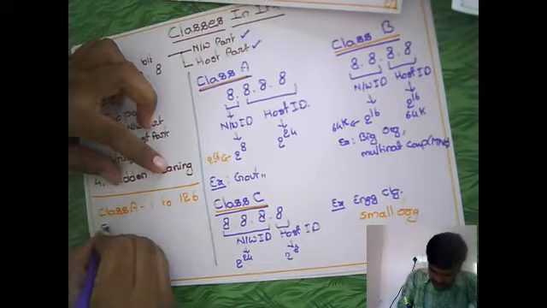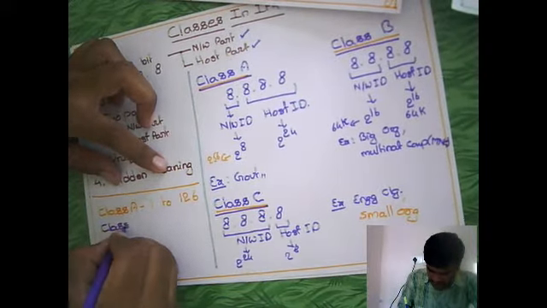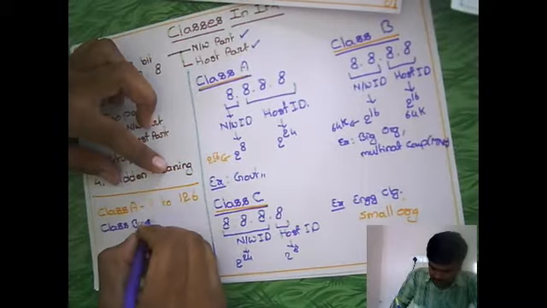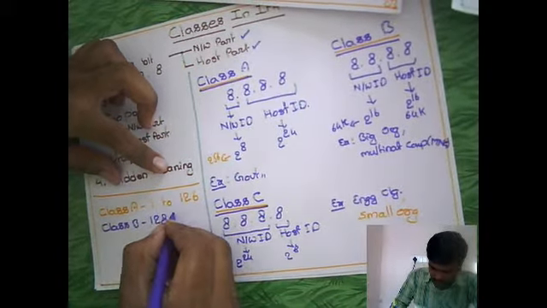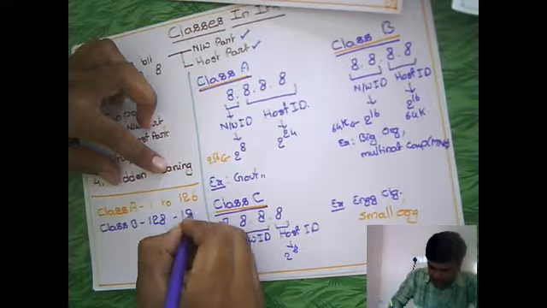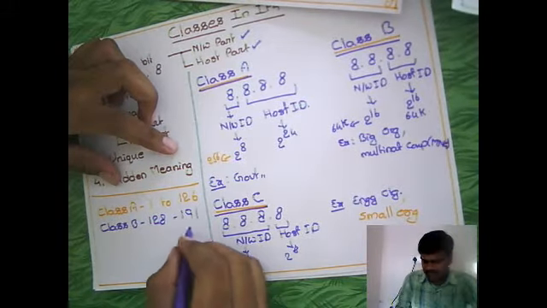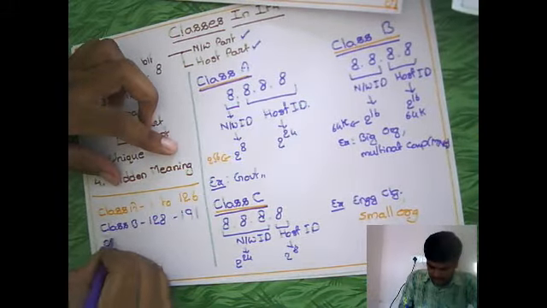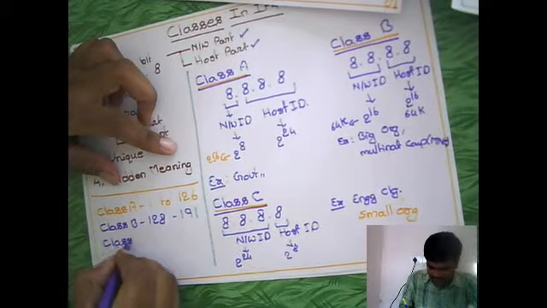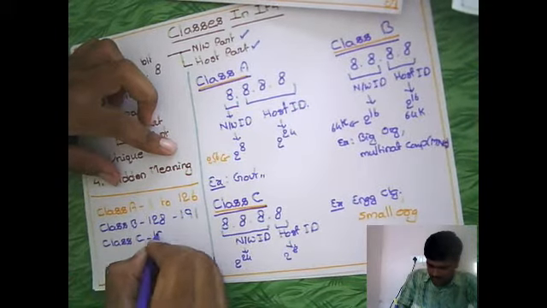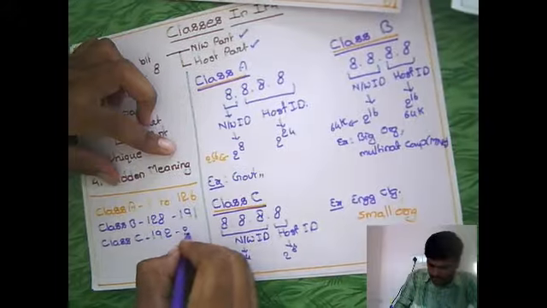And class B ranges from 128 to 191. This is the class B range. And class C ranges from 192 to 223,